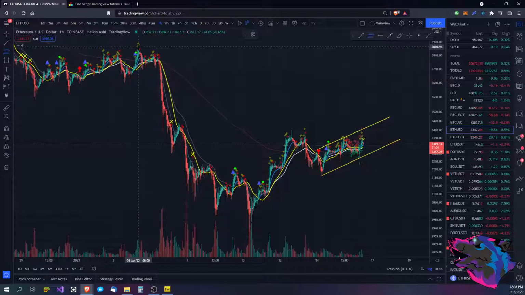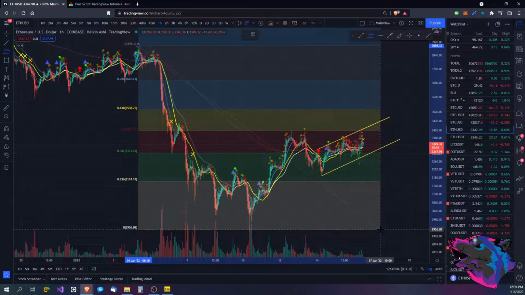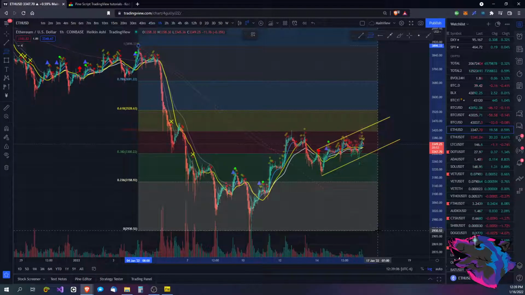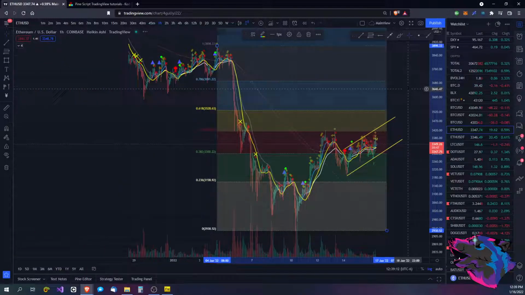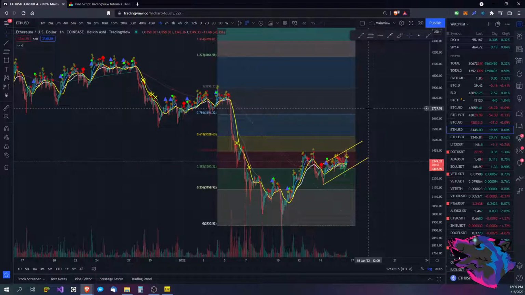Now typically when you're doing this, you want to go from, say, a previous high down to a low, and I think it's right about there. Now, again, not going to get into a whole lot of specifics on this. I'll probably do a video just on fib retracements, but